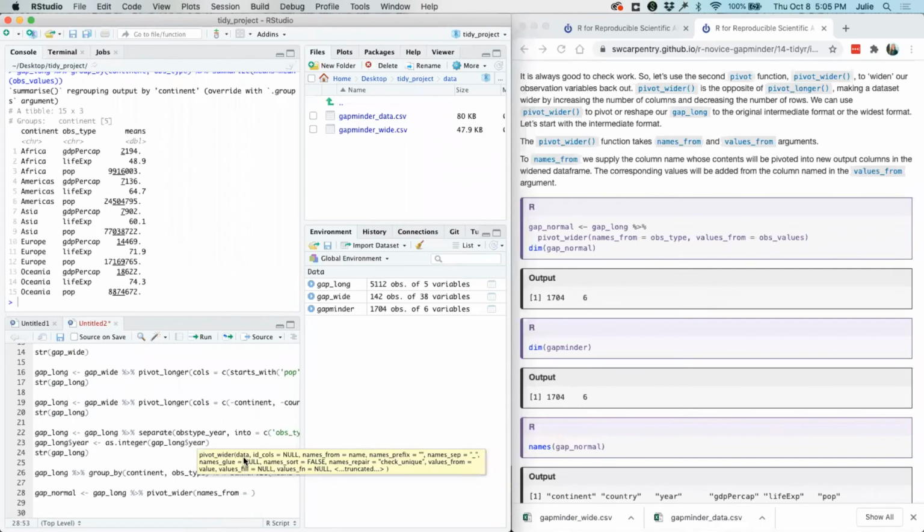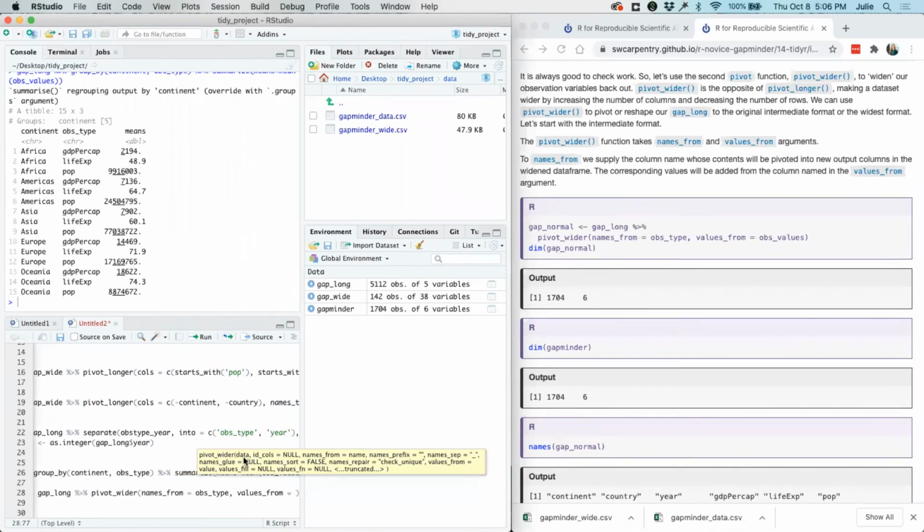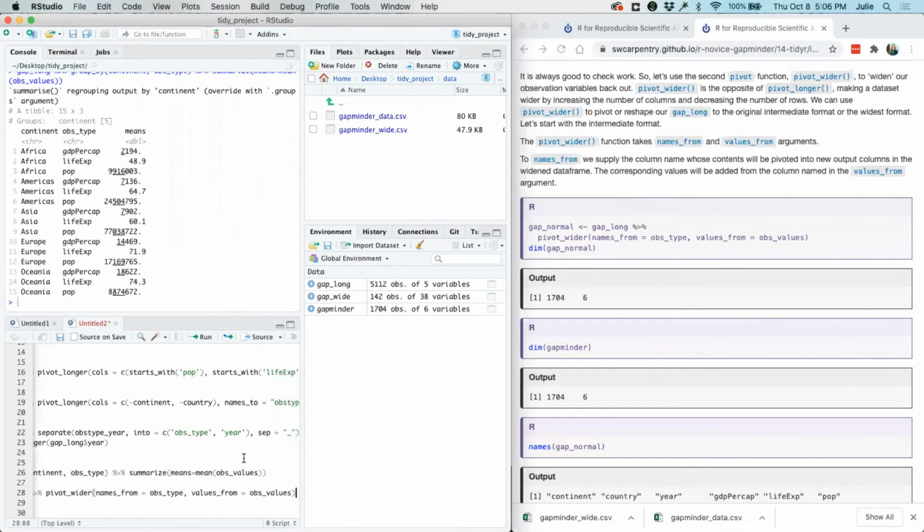And we want those from the obs type. And then the values from, which is our obs values. Run that.